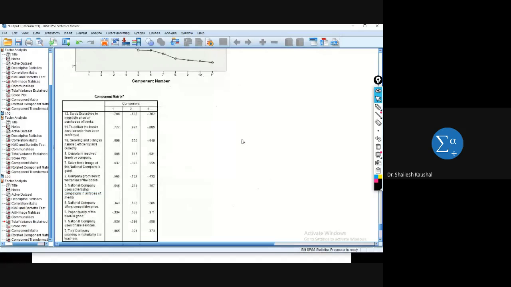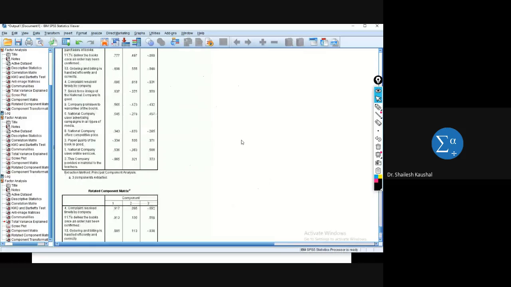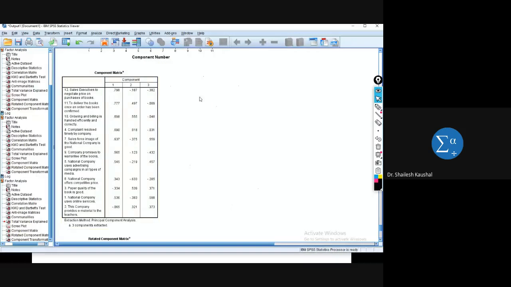Okay. Now the component matrix. So there are two matrices. One, the unrotated matrix. Here we can see the value of this particular one is high, and here also high. So it's a problem of cross loading. So what will we do here? We will take only